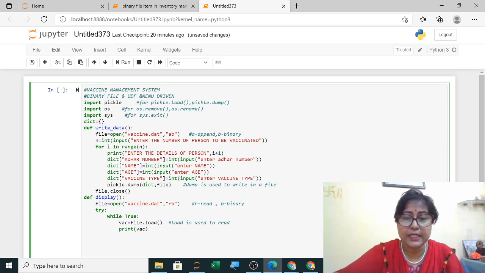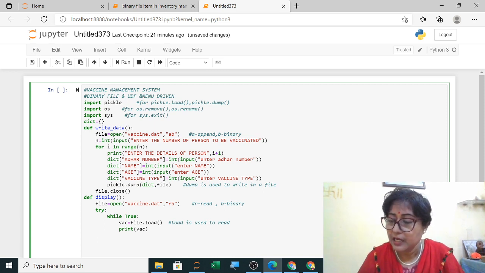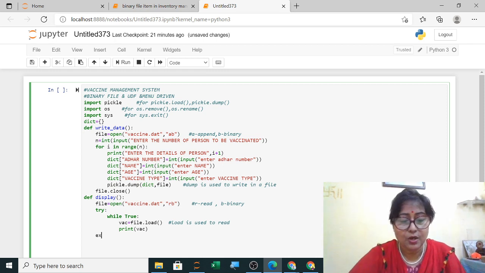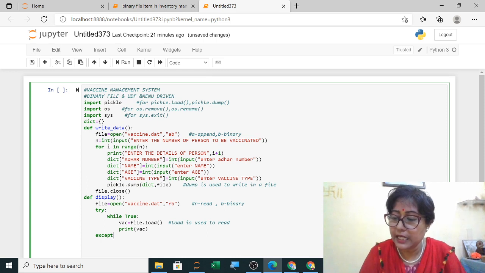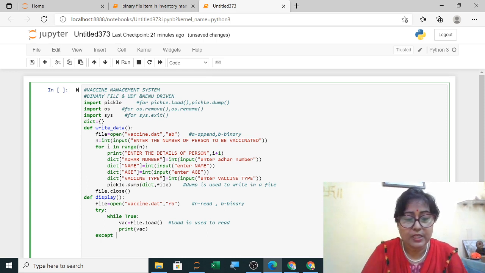Over. So only this much for display, but when it reaches the end of the file, an error will be raised. So this you have to handle. Now this is the error handling tool. So what is the error here? EOF, end of file error. What is the end of file error?